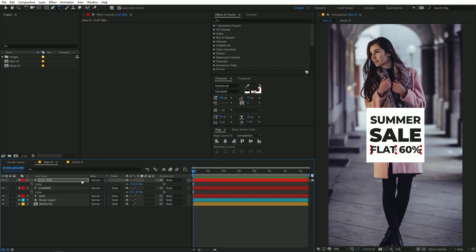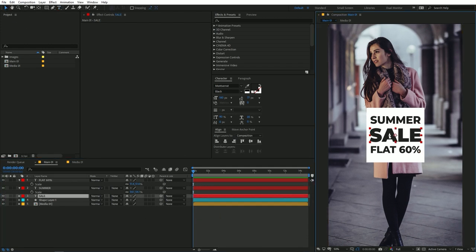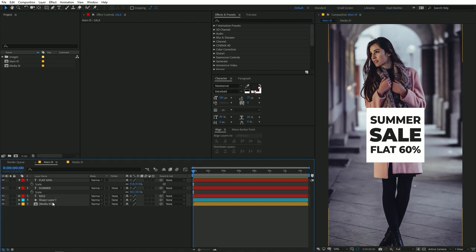Just play around with the positions. So once you are satisfied with your look, you can pretty much start animating these. So first we are going to animate our box. In order to do that, just simply select the box